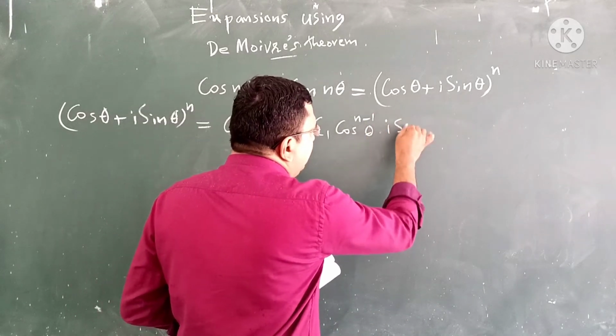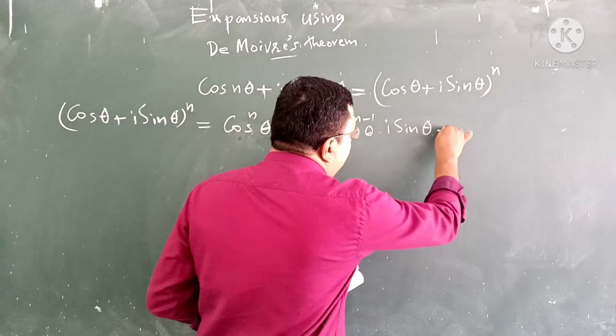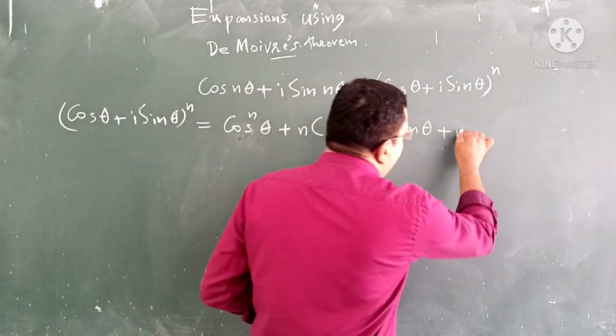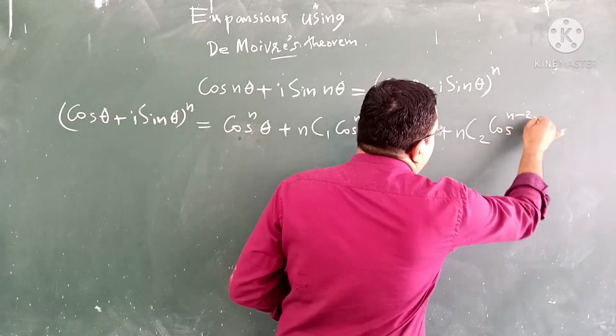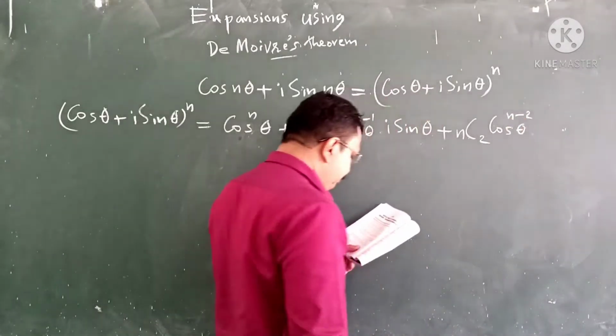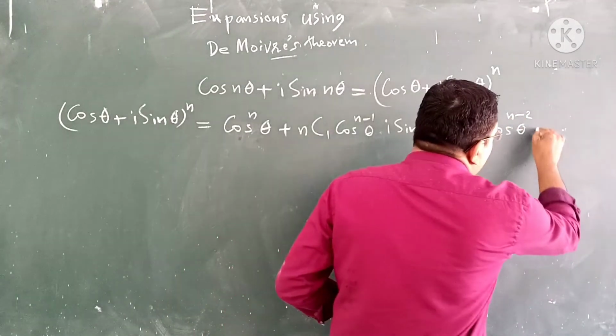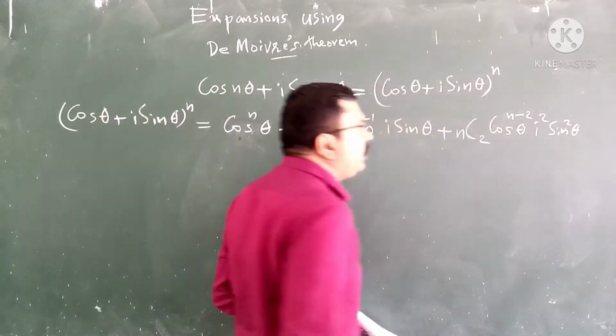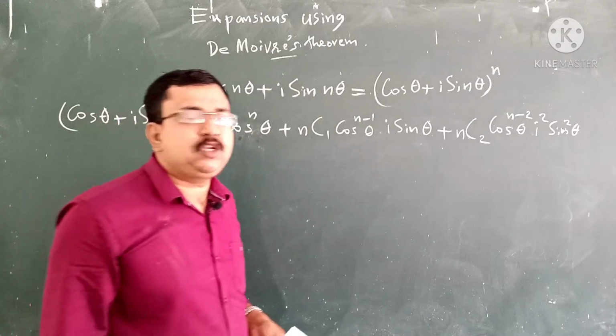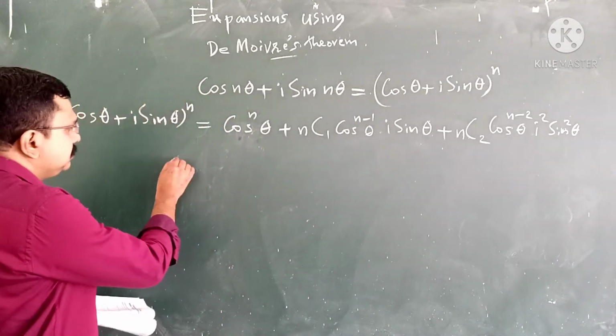I sin theta is our second term, plus nC2 into cos n minus 2 theta into I square sin square theta, plus